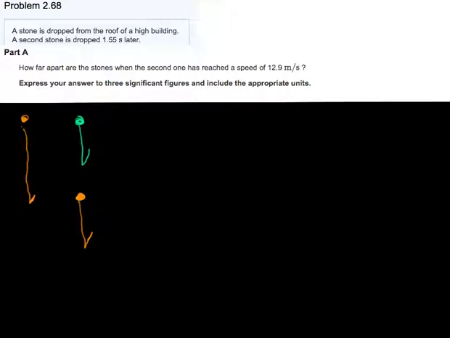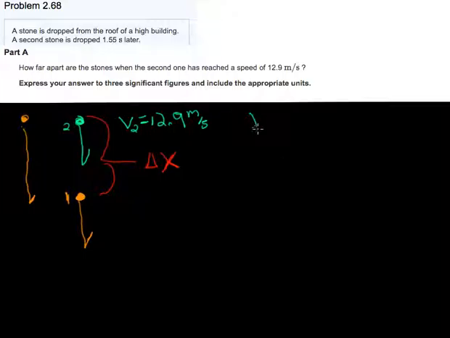What's the distance between them when the second stone, which is my greenish stone here, is traveling at a velocity of 12.9 meters per second. So what I'll do is I'm going to label these stone 2 and this one stone 1. So we're looking for V2 as determining our time. So V2 is